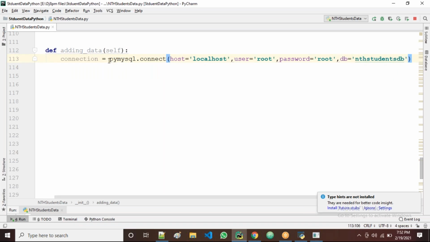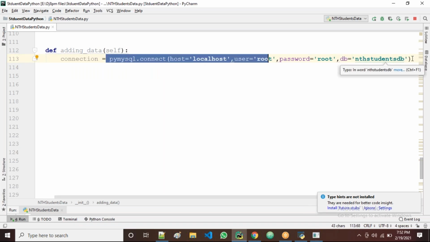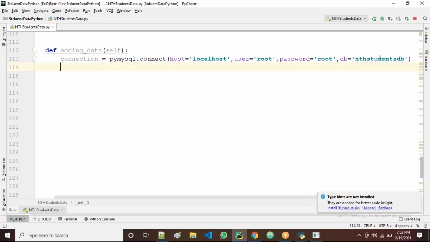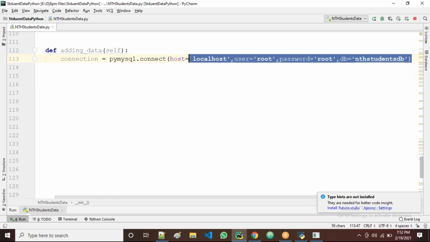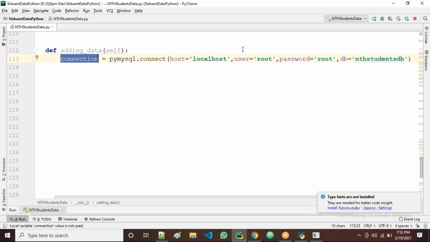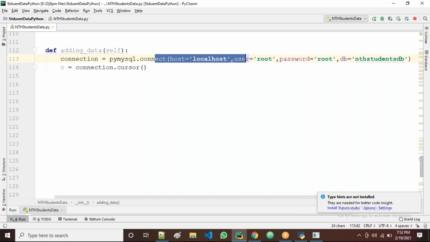Now, how to execute these connection details? By using a function called cursor. The cursor function is used to execute these connection details, and the details are available in the connection variable. That's why for this connection, I'm taking the cursor into one variable, the C variable. Now all of you observe: in the connection, what do we have? We have the connection details. In the C, what is C here? C is the cursor for this connection. So C, we can take a cursor also, guys, like normally cursor.